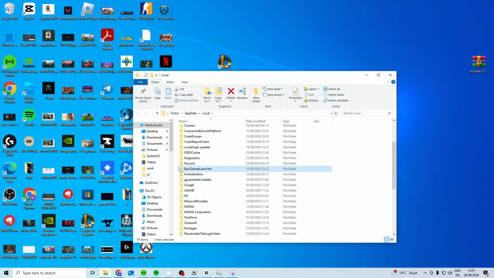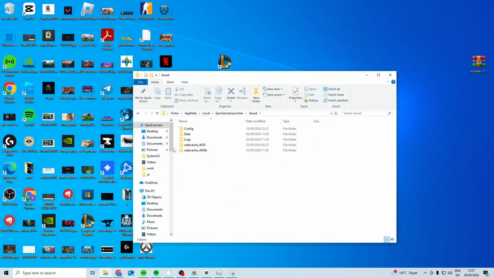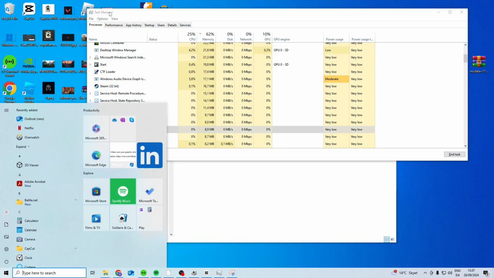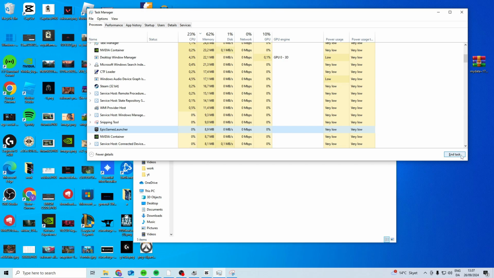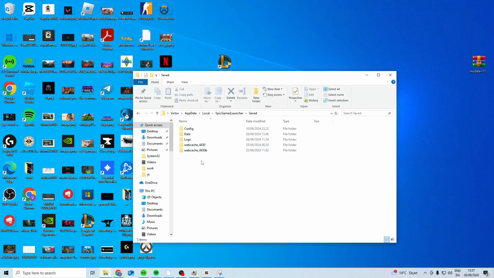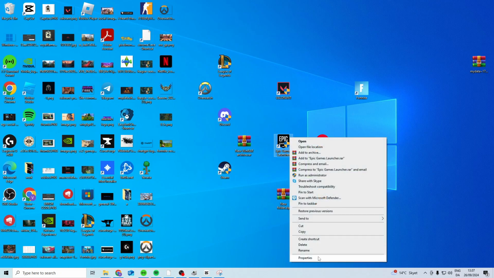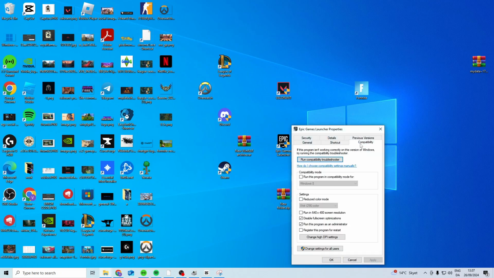Find your Epic Games launcher, saved, and delete your web cache folders. Now if you cannot delete them, it's because you have Epic Games open somewhere, so go into Task Manager, find it, and end the task. Simply delete your web cache folders, and after you've done that, you want to right click on Epic Games, Properties,